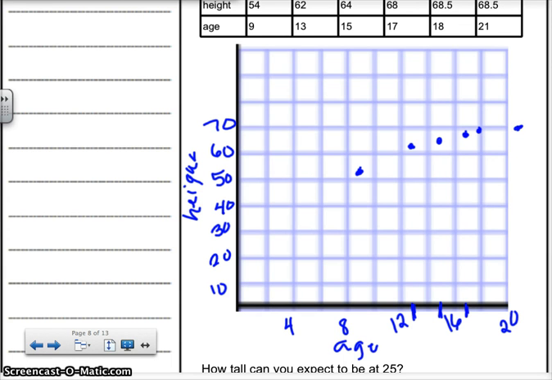So I need you to envision the line of best fit. This is a positive correlation. I can see the line. It's just starting to taper off because you stopped growing, right? So my line of best fit